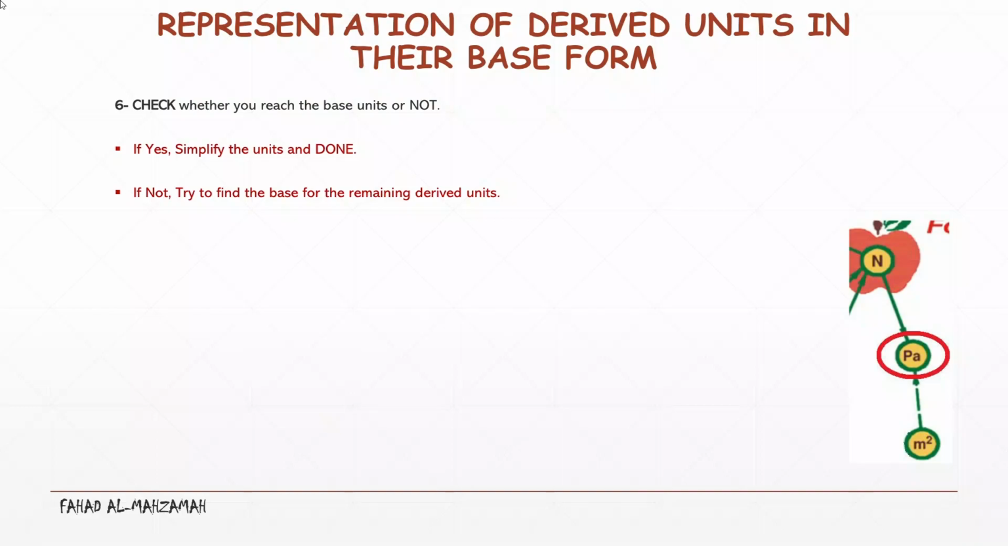Now, step 6, it says check. After you put the fractions, you are going to check whether you reach the base or not. So you will check all the units that you have. Is it one of the 7 units or not? If yes, your answer is done. You just simplify the units that are repeated, either in the same numerator or denominator, or in different numerator and denominator. So you will make division and multiplication, and you add the power or subtract the power,